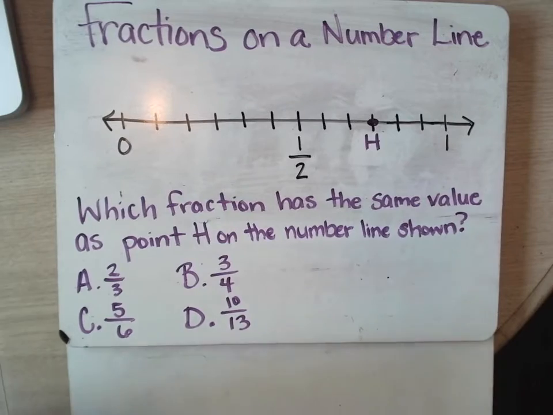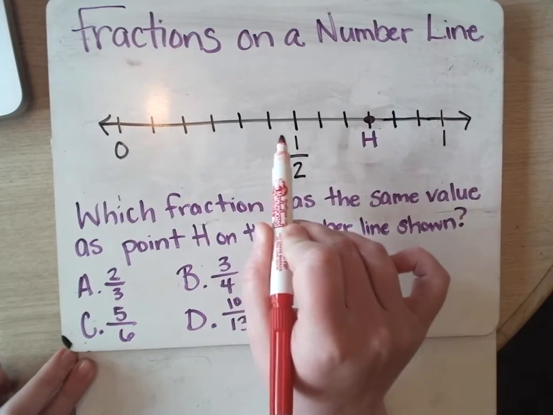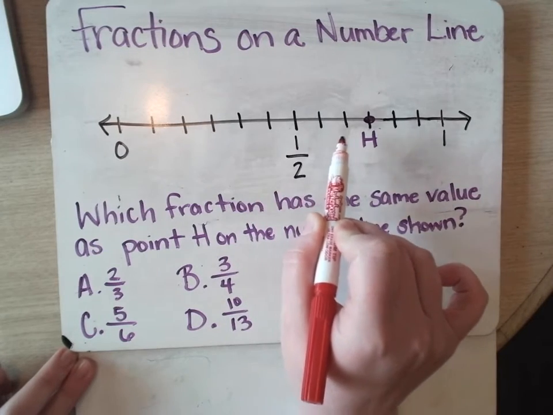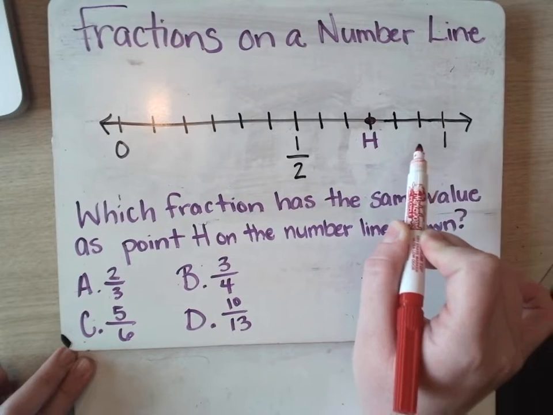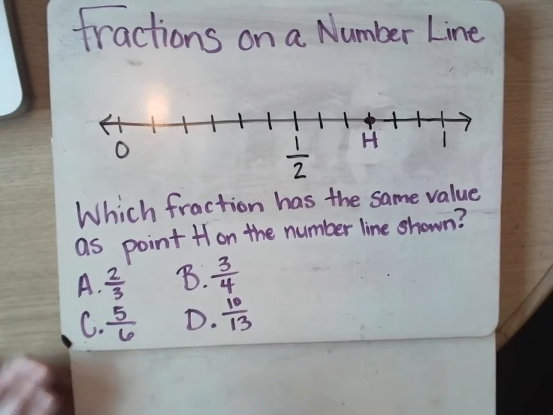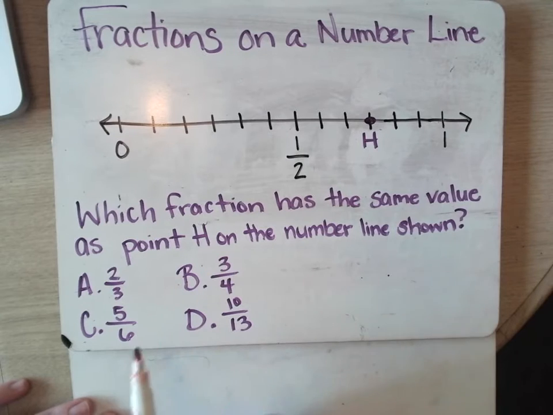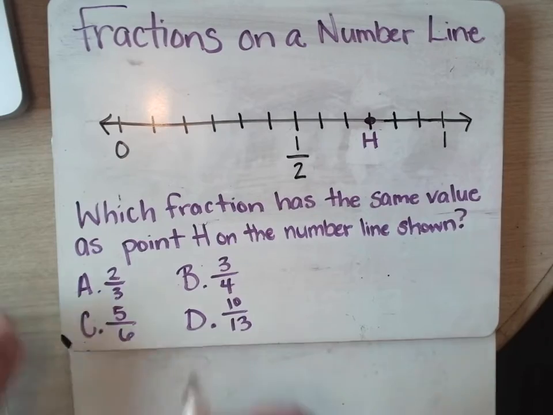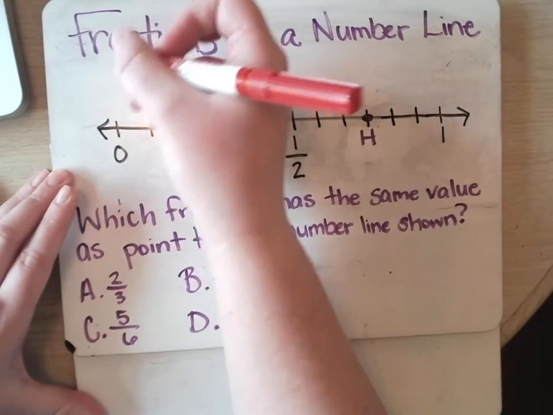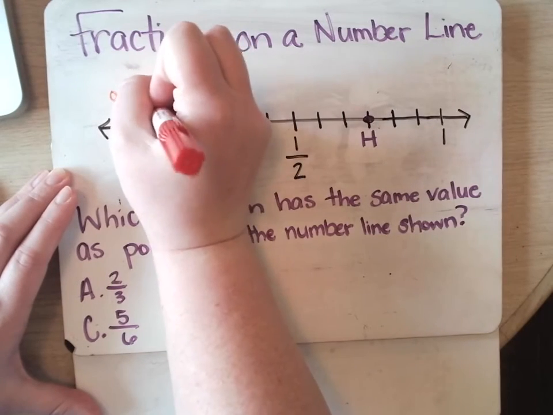So I have 0, 1, 2, 3, 4, 5, 6, 7, 8, 9, 10, 11, 12. That means this line is broken up into 12 equal sections, which means my number line here represents twelfths. So I can go ahead and label this number line to show twelfths. Now I'm going to do it at the top because I have some extra room up there. So this is still 0. This would be 1/12,